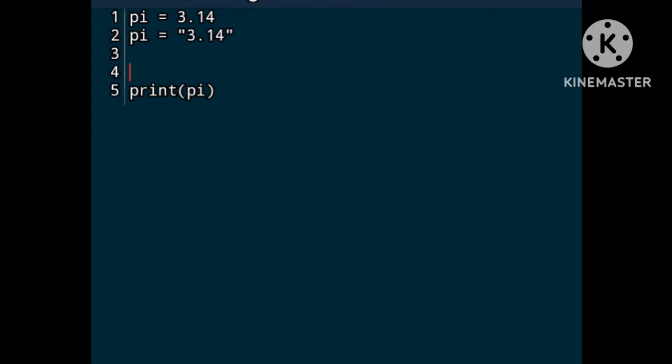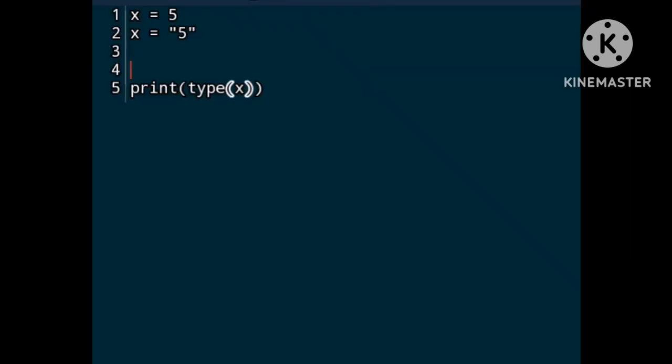You can assign any value to any variable at any time. For example, pi = 3.14. # pi is a variable that refers to a float object. pi = "3.14 inches". # pi is now a string object. print(pi) prints 3.14 inches. You can also change the type of a variable by assigning it another value of the